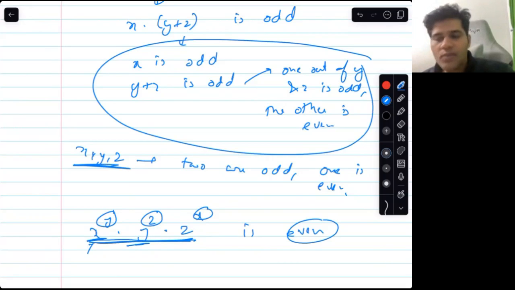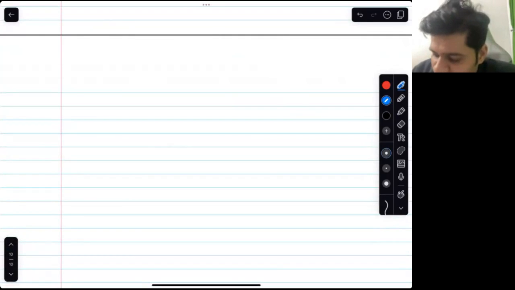Cool. Two questions done. So these were maths questions. Now I will pose a puzzle to you on number theory, but there's a lot of story around the question. Otherwise, it is a very simple question. It's a normal number theory question. But because there is a lot of story, you might find it difficult. So this is question 3.